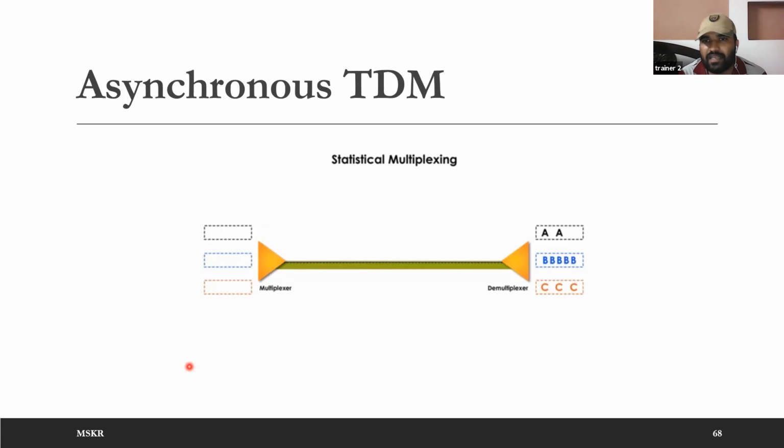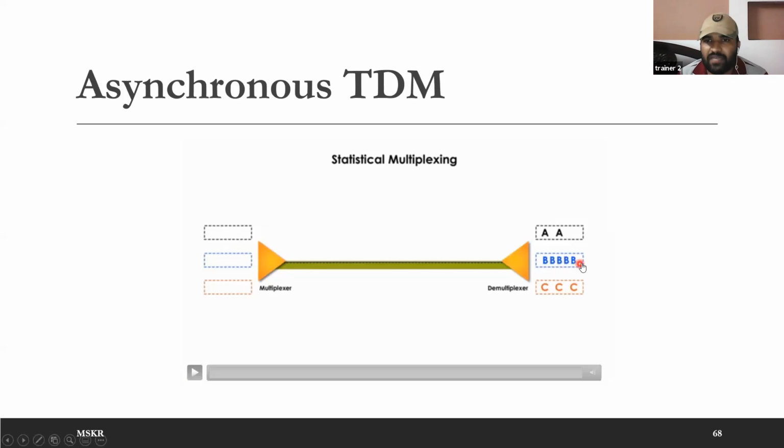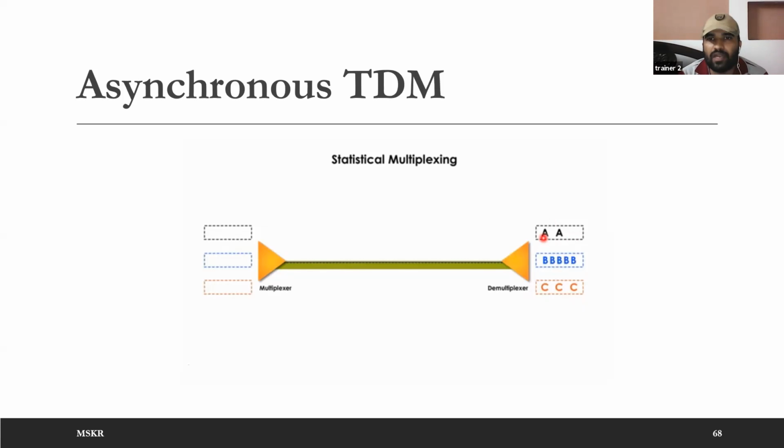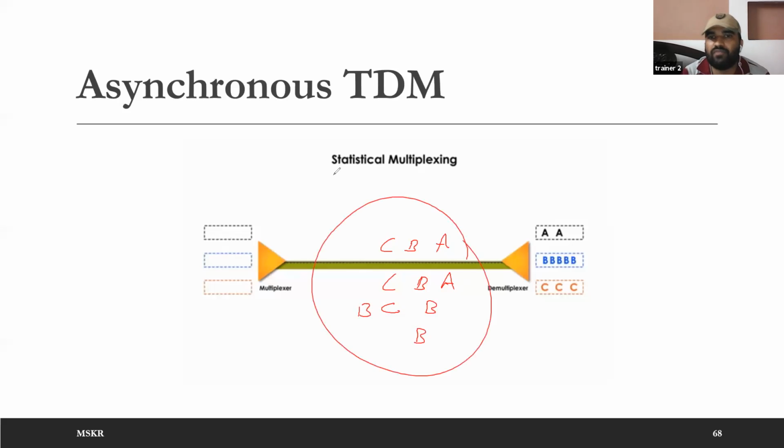So here in this particular example, B has priority. So when the data is transmitted, B's data will be first sent, then C's data will be completed, then A's data will be completed, depending on when they have data and how much data they have. Or if it is following round robin fashion, what happens is in the first step, A, B, C will be going. Then in the second step, A, B, C will be going. Then in the third step, B, C, B will be going. In the fourth step, only B will be going. So this is if they are following round robin fashion.